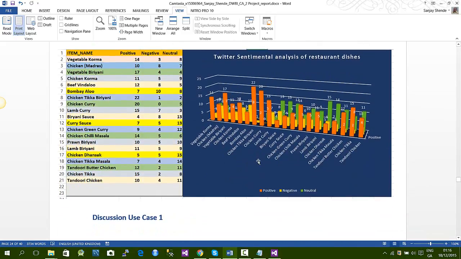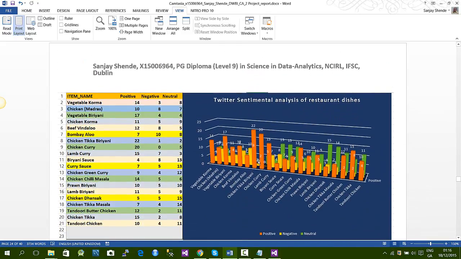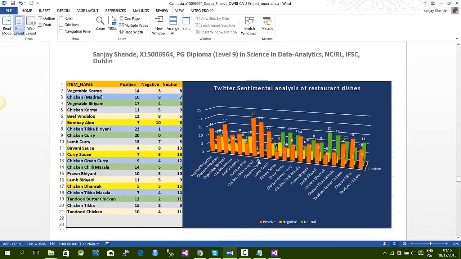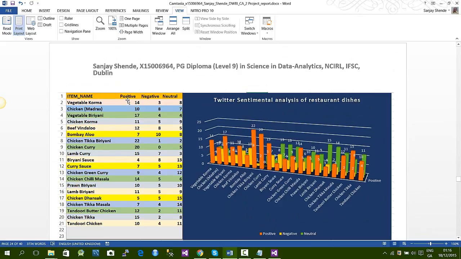I would just like to quickly show you an interesting sentimental analysis draft that displays my unstructured data analysis using Twitter feed, and that tells you the positive, negative, and neutral comments for all the various dishes. So basically, the written report will conclude with the rest of the analysis, but this brings us to the